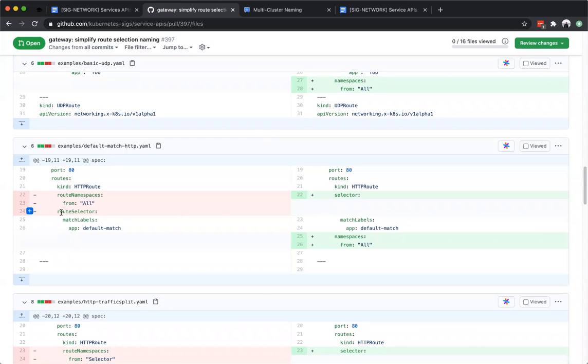So it changes route selector to selector and route namespaces to namespaces, because this is all nested inside of a routes struct. So routes.route namespaces and routes.route selector felt awfully repetitive.